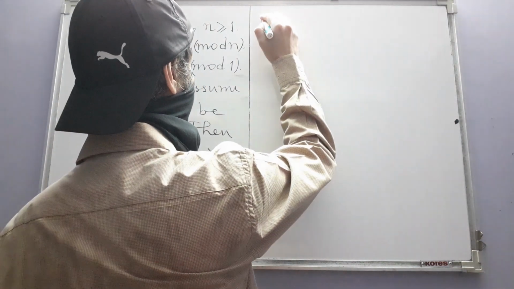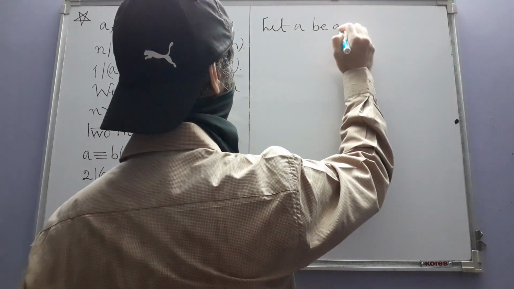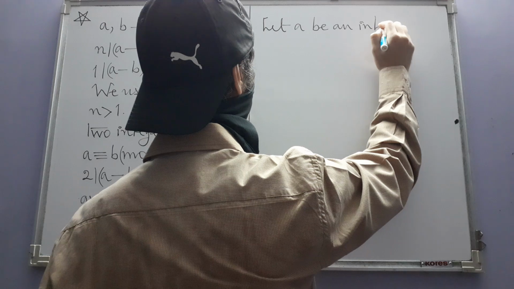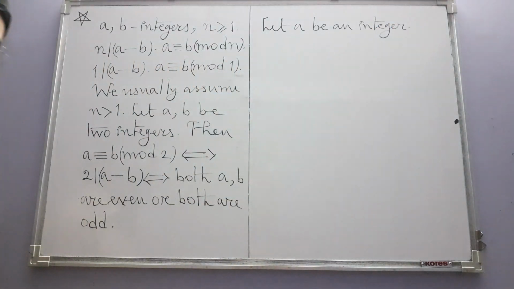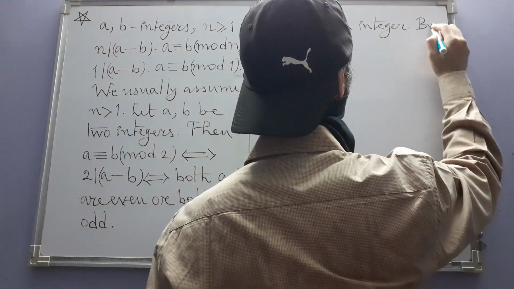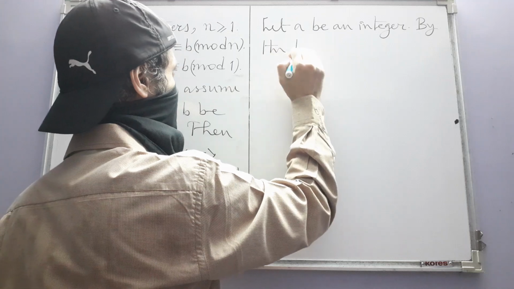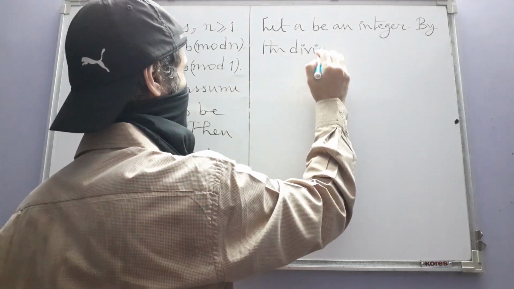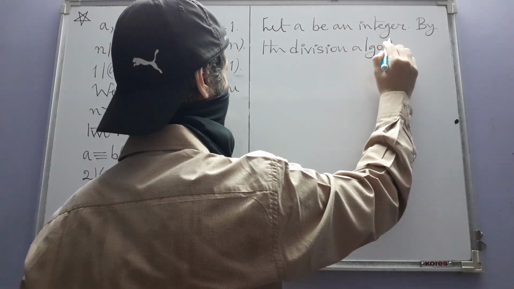Let a be an integer. A may be positive, may be negative, a may even be 0. But we know whatever it is, by the division algorithm,